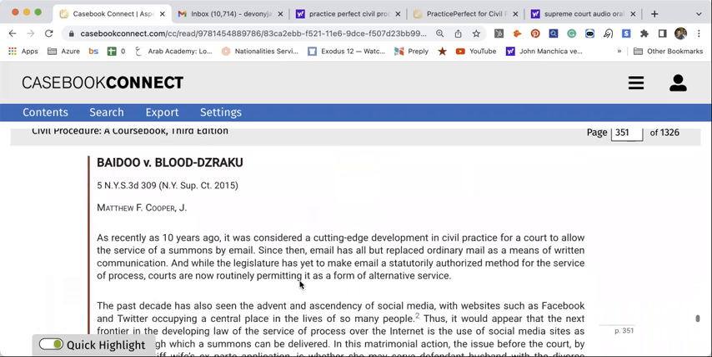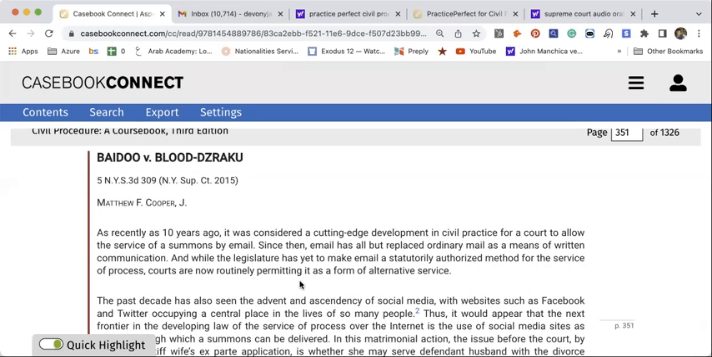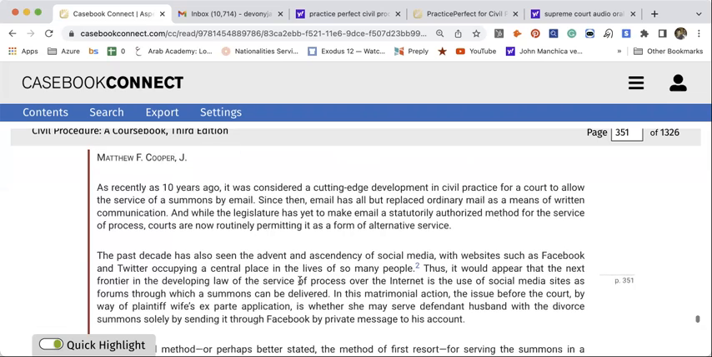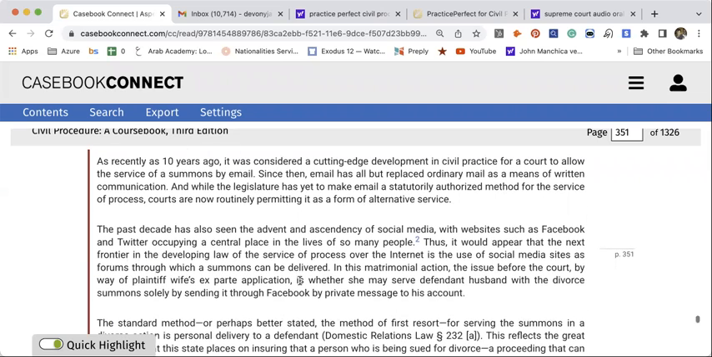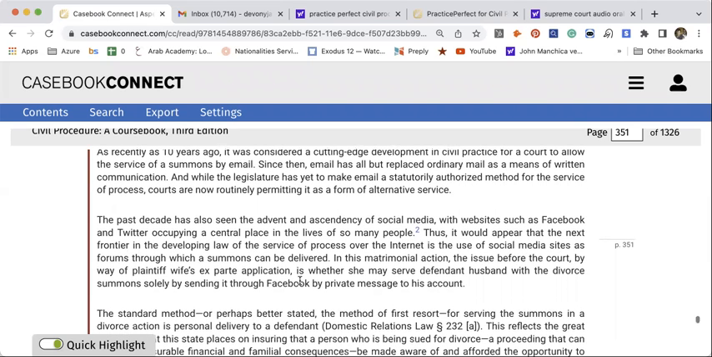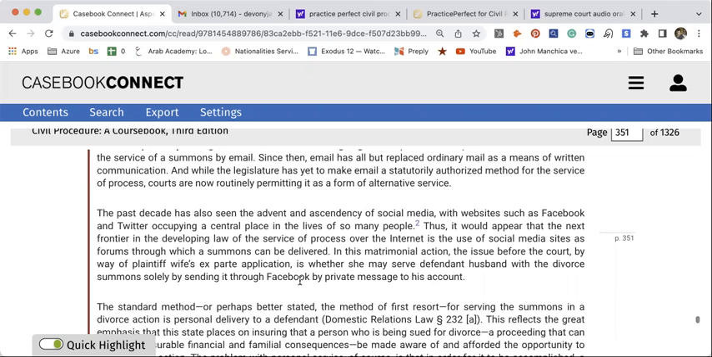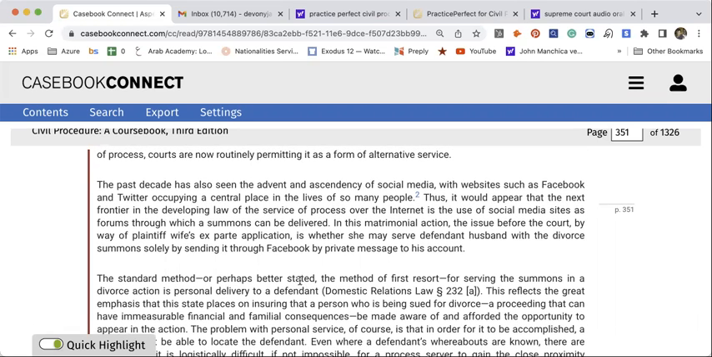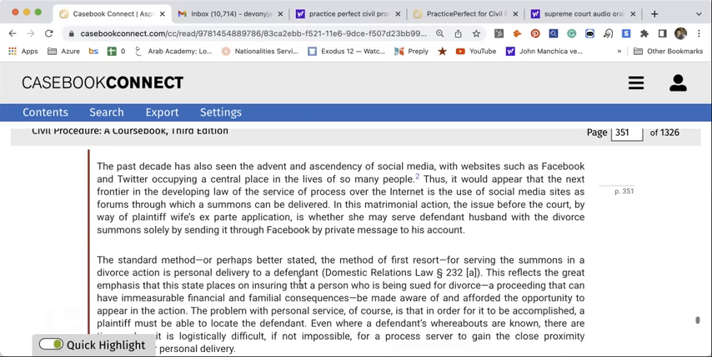Baidoo v. Blood-Dzraku, New York State, 3rd District, 309, Matthew F. Cooper J. As recently as 10 years ago, it was considered a cutting-edge development in civil procedure for a court to allow service of a summons by email. Since then, email has all but replaced ordinary mail as a means of written communication, and while the legislature has yet to make email a statutorily authorized method of service of process, courts are now routinely permitting it as a form of alternative service. The past decade has also seen the advent and ascendancy of social media, with websites such as